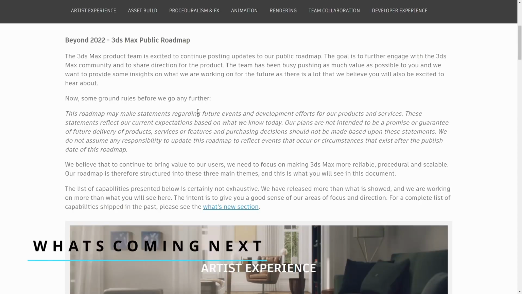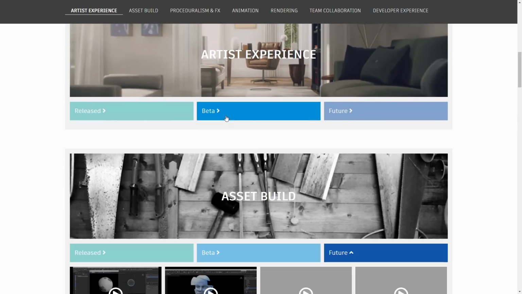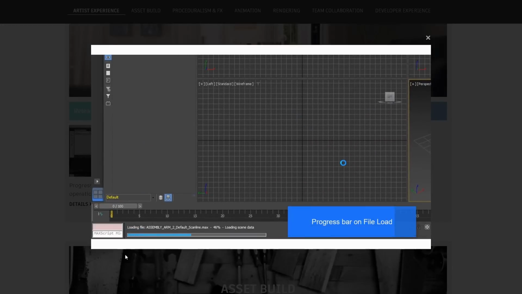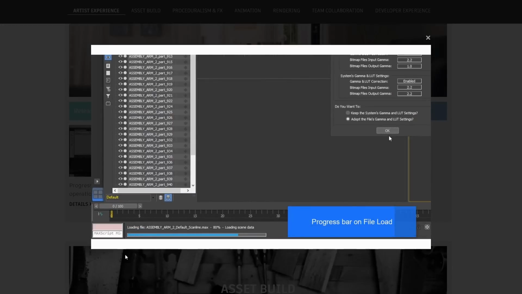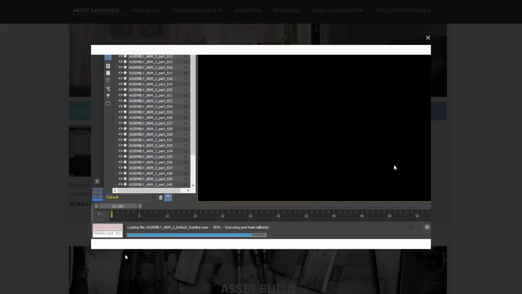But that's not all, we get as well a lot of updates on the roadmap. Some new elements have been added on beta and on future, and I will review these new additions to see what new things we have, and we can get an idea of some things that will come with Max 2023 or maybe later. Progress bar has been unified and added on file load and file save for better representation of what's going on, so you can see more or less how much time it will take to open or to save a file.